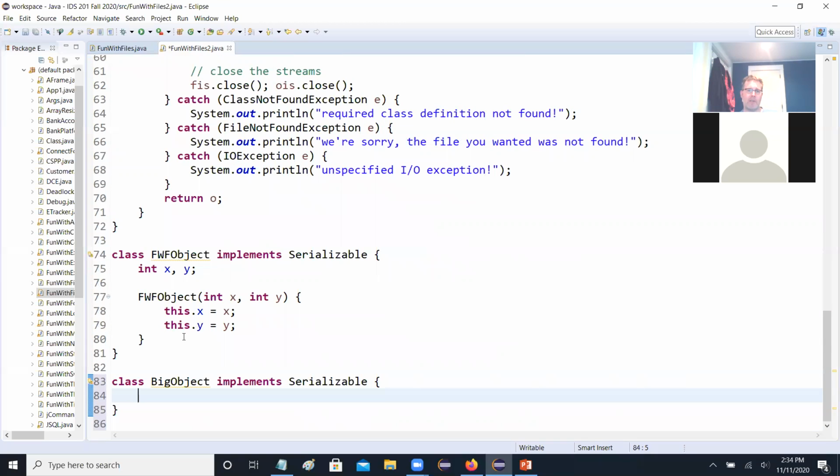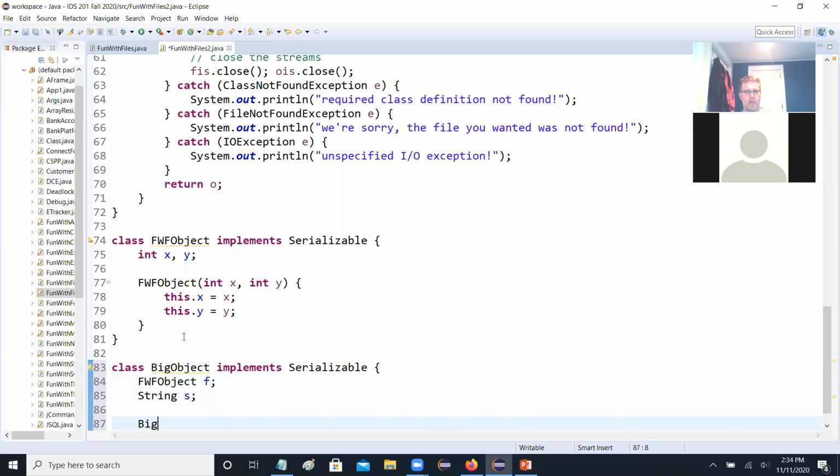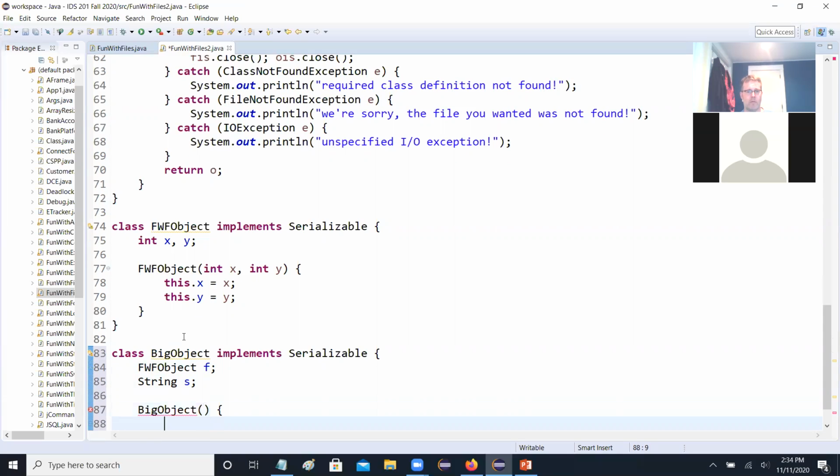Okay, so I'm going to have this contain an FWF object, and I'm going to have it contain a string s. And then in the constructor, big object is going to accept those things. We'll use our standard